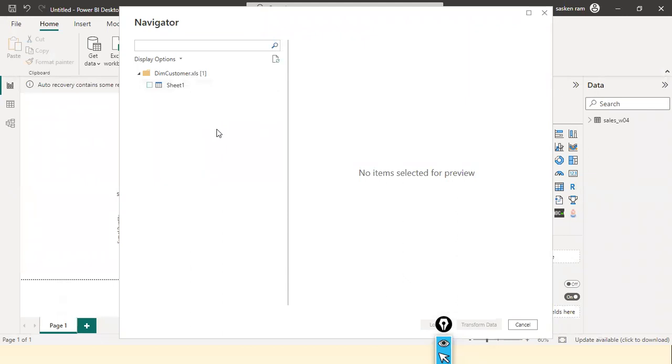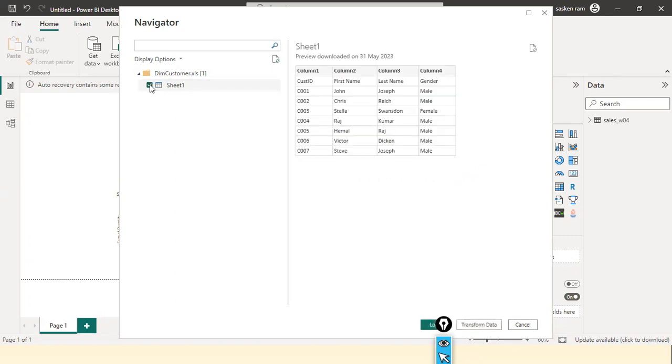When you load it, if you get any error, don't worry. Open the XLS file and save it as a .xlsx file, and then you load it here. In my case, the XLS itself is working. And this Excel file has only one sheet. If I select this sheet by clicking on it here, it'll give you the preview of this customer dimension